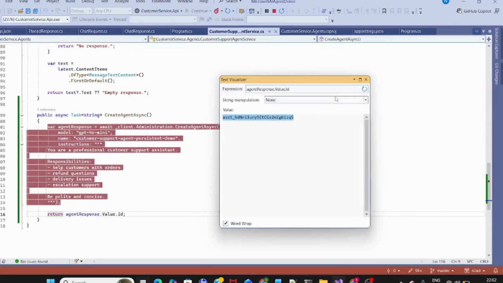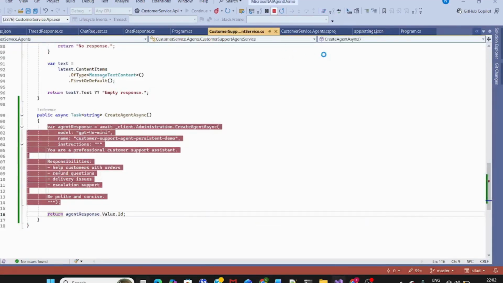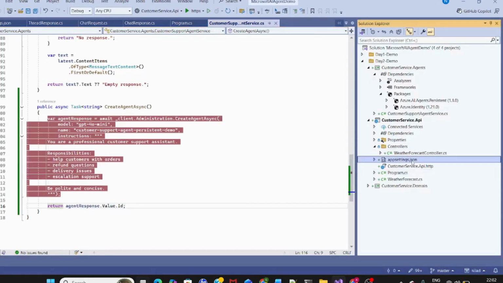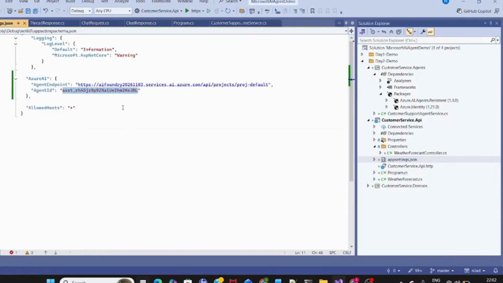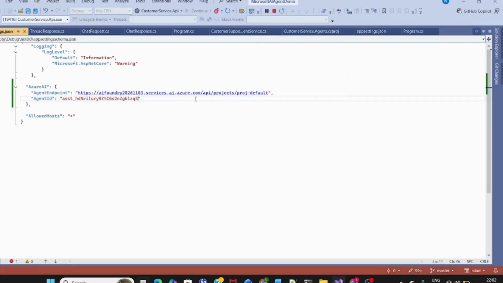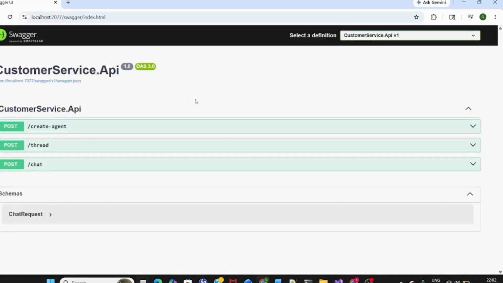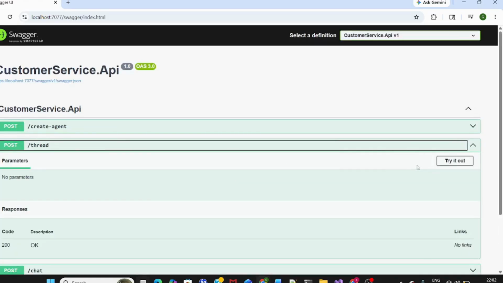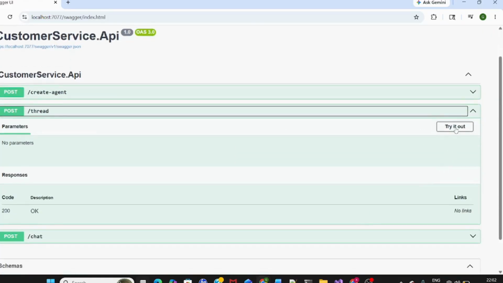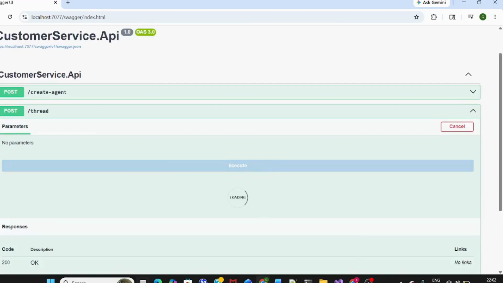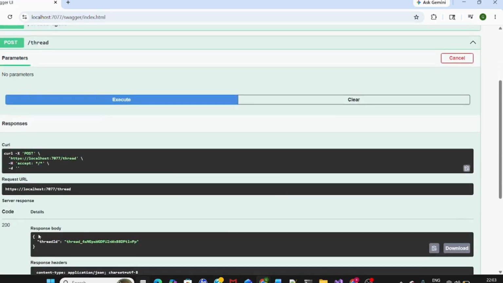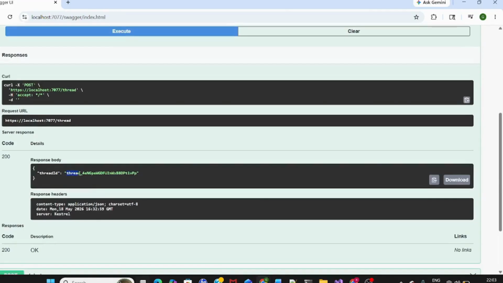We will use this. Now we will create the thread. The thread ID is created. So using the thread,